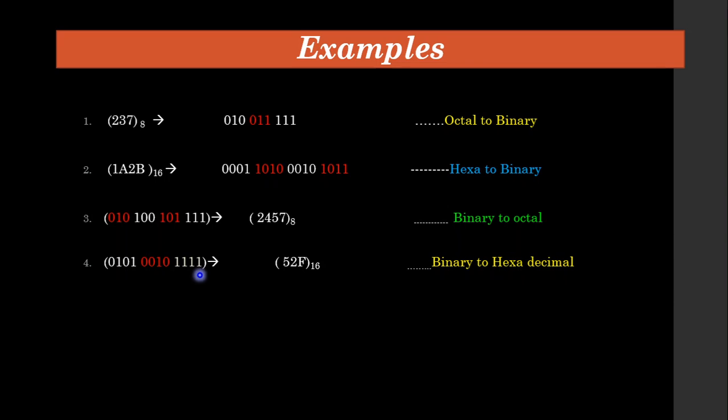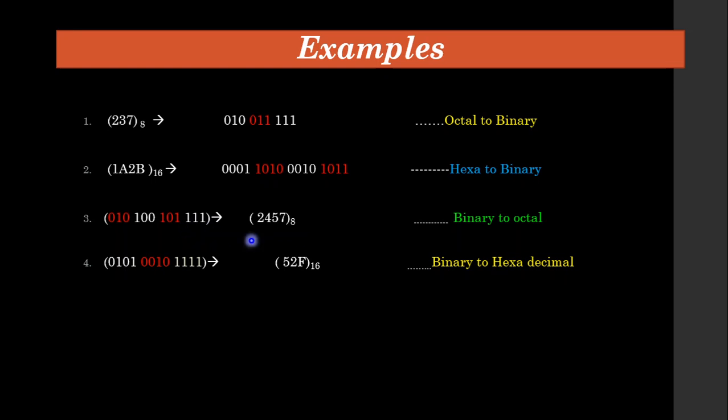Here you can see I am grouping into 4 bits. So I have given 4 whites and then again 4 reds and then 4 whites, just to differentiate how the binary is grouped for hexa and how the binary is grouped for octal. Okay, so now again start from the LSB. We have to group from 111.